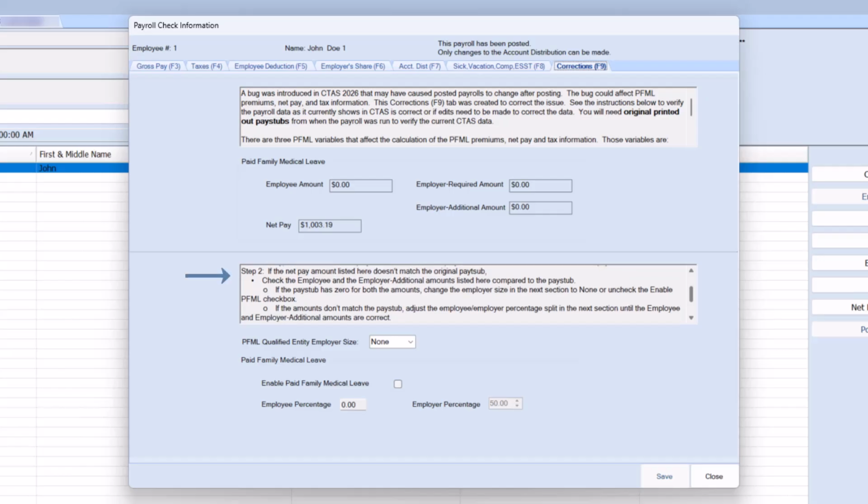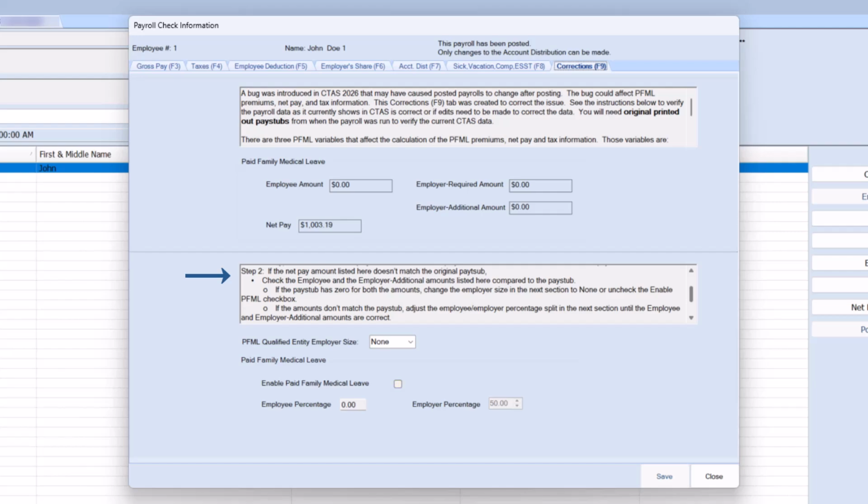Step 2. If the net pay amount listed here doesn't match the original pay stub, check the employee and employer additional amounts listed here compared to the pay stub. If the pay stub has 0 for both amounts, change the employer size in the next section to none or uncheck the Enable PFML checkbox.